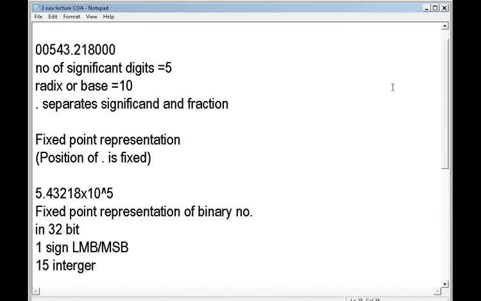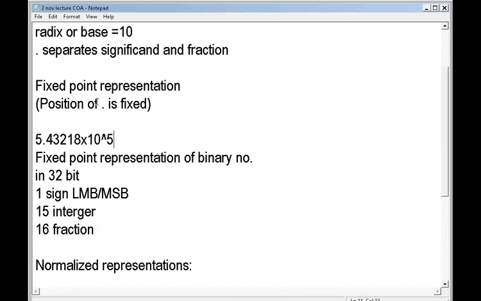Again, understand the recap. Fixed point means the radix point position is fixed, and floating point means the radix position may flow. For example, this number could be written as 54.3218 into 10 to the power 4, or 543.218 into 10 power 3,